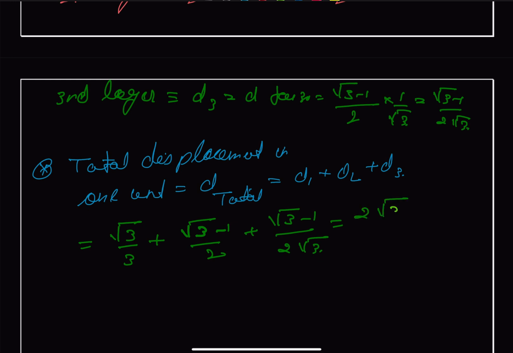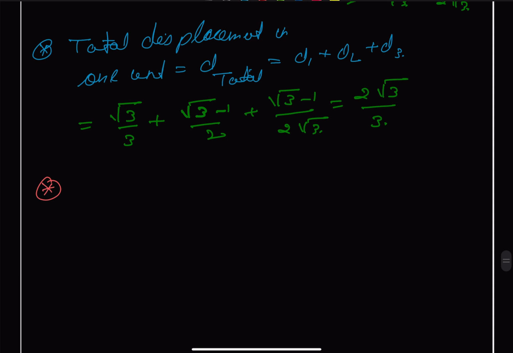2 root 3 divided by 3, and there are total of n units, and their n unit displacement because of 1 unit, that is d total, multiplied by n will be equal to total length, that is our L. You can say that for n units, we can write n multiplied by d total will be equal to our L. So we get our n is equal to L divided by d total,